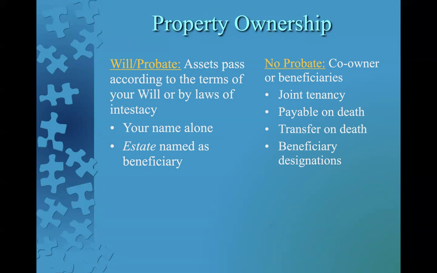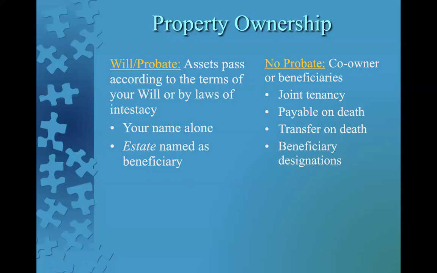And that's compared to tenancy in common. So if you have a deed that has all three names and it's silent, it doesn't say anything, right? Or if it says as tenants in common, then when you die, your one third interest in that property is going to go through probate and it will be distributed to whoever you've designated. Or if you don't have a will, if you have nothing, to your heirs at law, which means to your